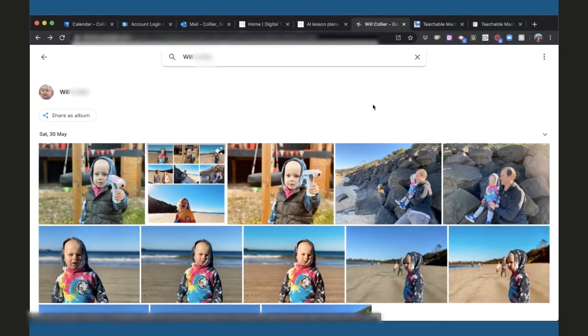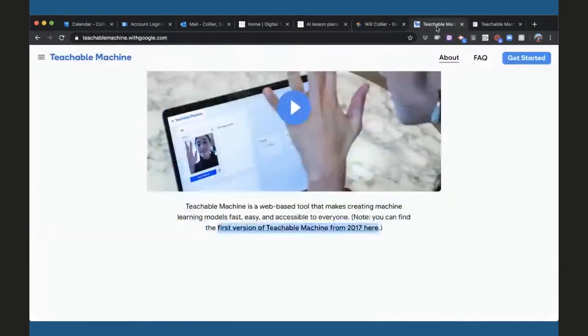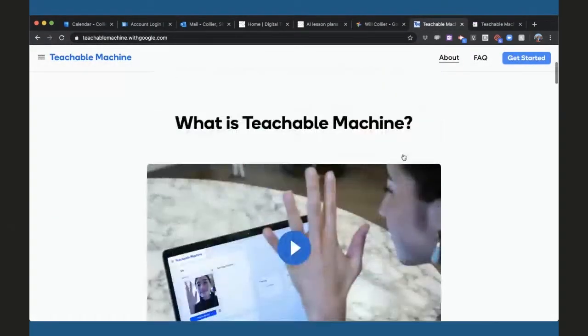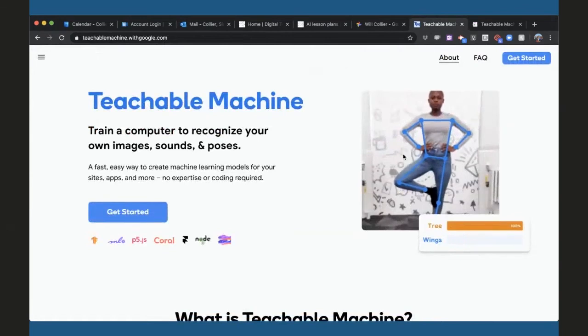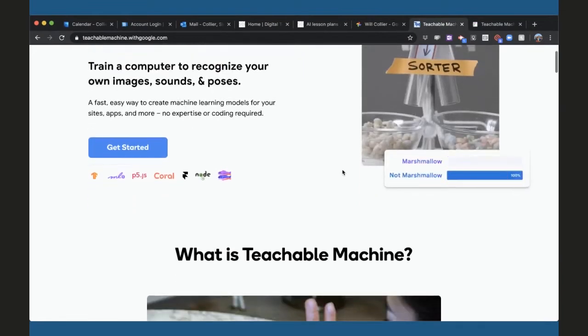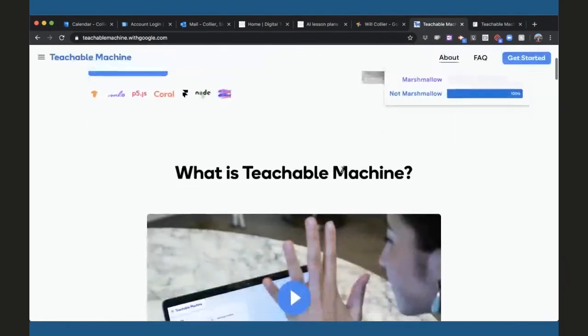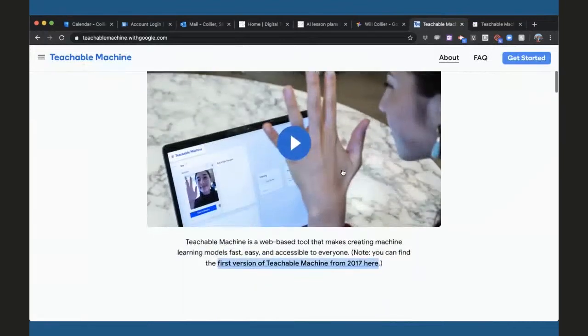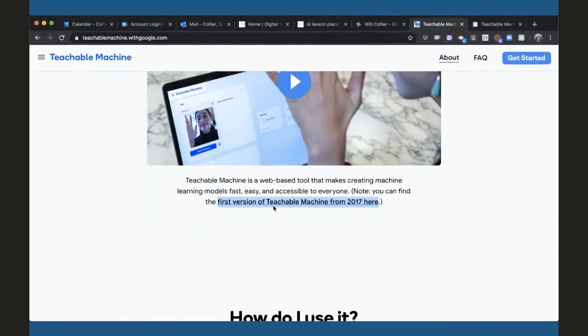So what we're going to have a look at now is a way that we can test this model using a tool called Teachable Machine. Now, I would recommend if you're going to do this with younger students, or even introducing this, the best way would be to go to the first version because it allows a simpler kind of user interface.